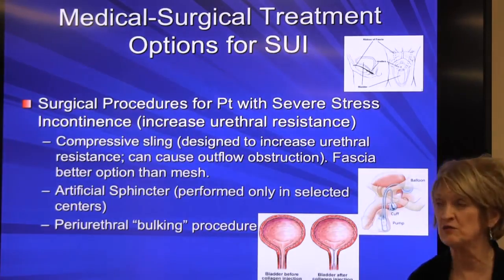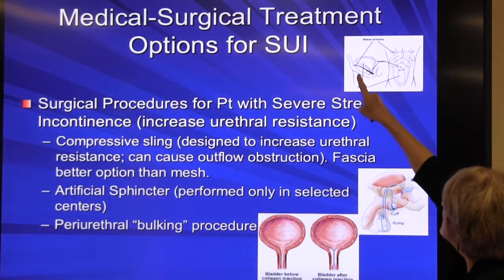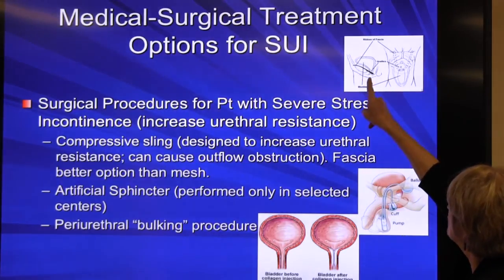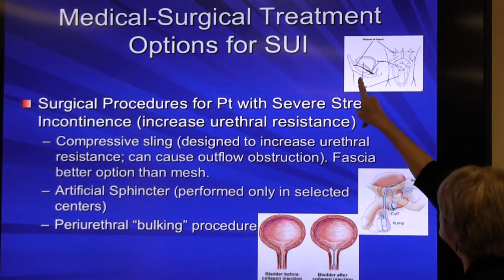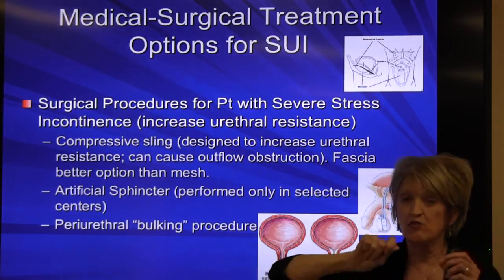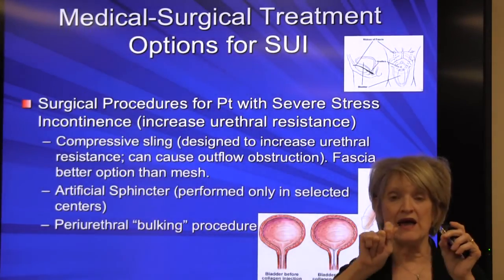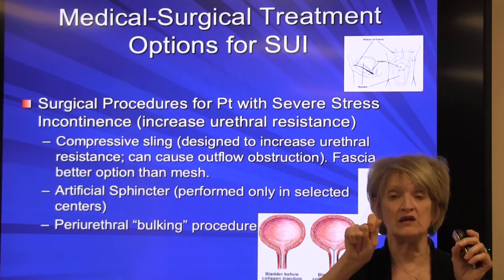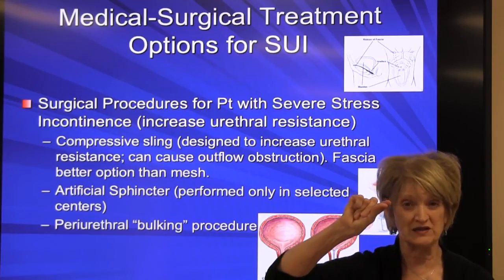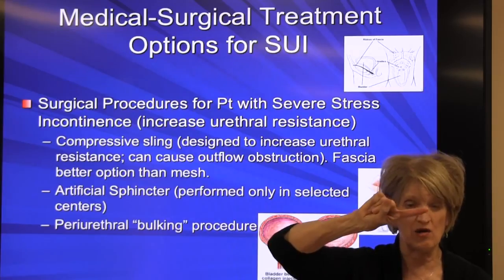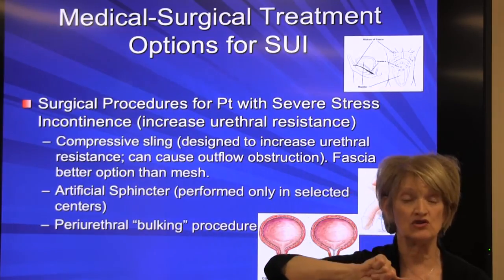The first is a compressive sling. So here you see a loop of fascia or rectus muscle or synthetic material wrapped around the urethra, the bladder neck, brought forward either to the symphysis or to the rectus, and secured with enough tension to help compress the urethra, to bring the back wall of the urethra toward the front wall of the urethra in order to prevent